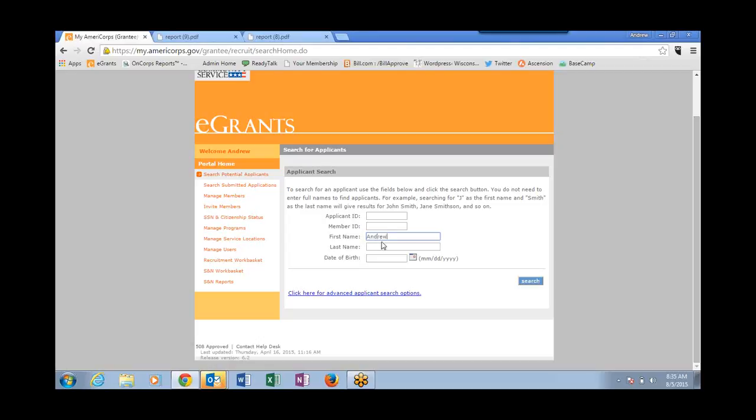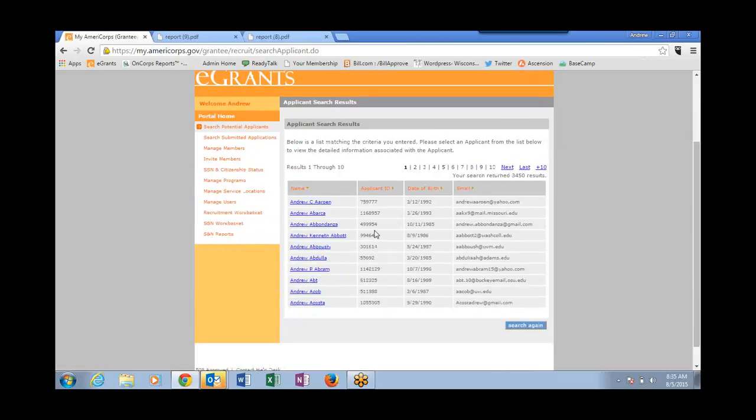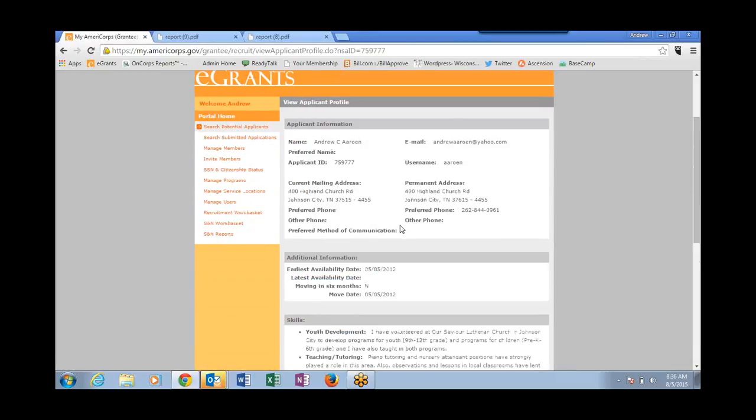And I've never actually used this, so I'd be curious to see how it works. But I believe that's the way you can do it. So you can do that, and you'll see all the various Andrews who have an active application. Obviously, you want to narrow your search down a little bit more than that, but if you've got a first and last name, I believe you can go to that search potential applicants rather, and find them through this methodology here,